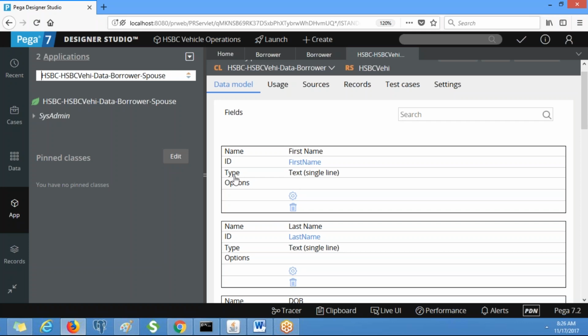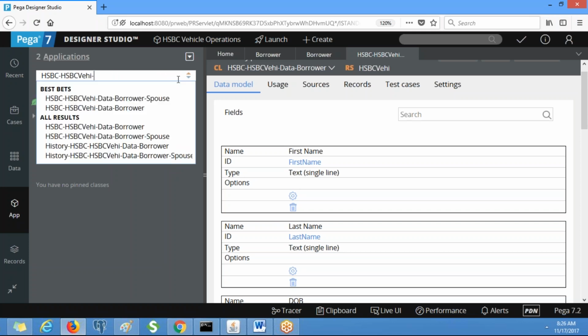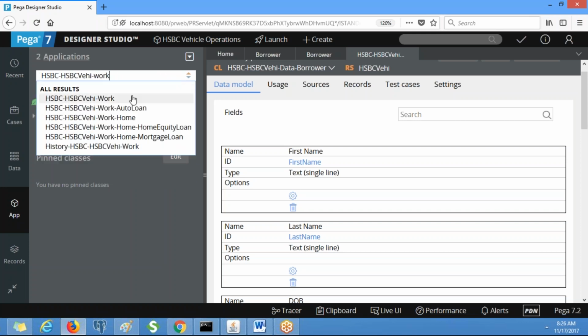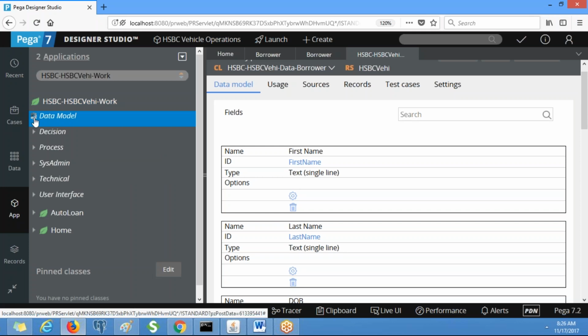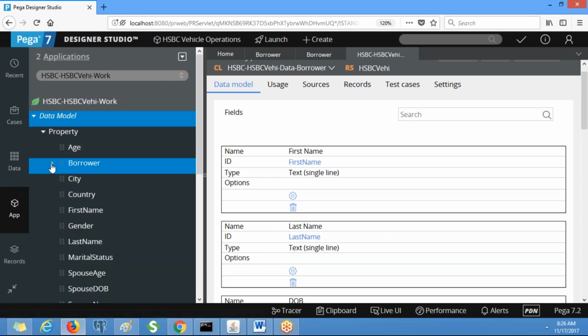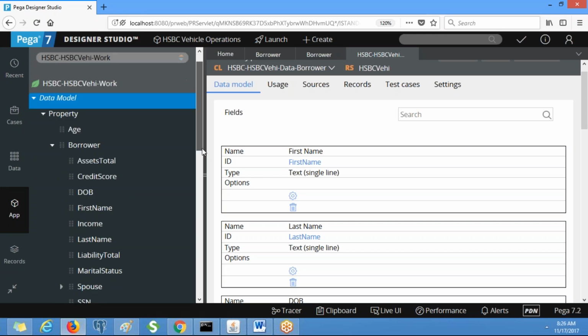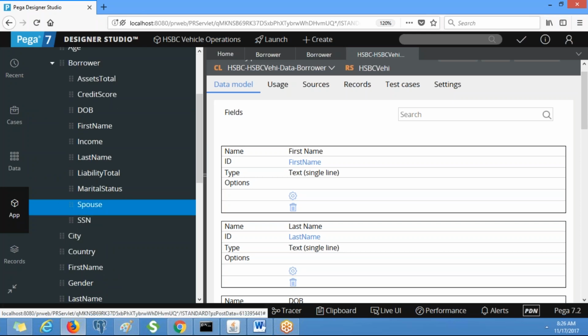Now go to the work class, data model property. If you expand borrower, you will see spouse.